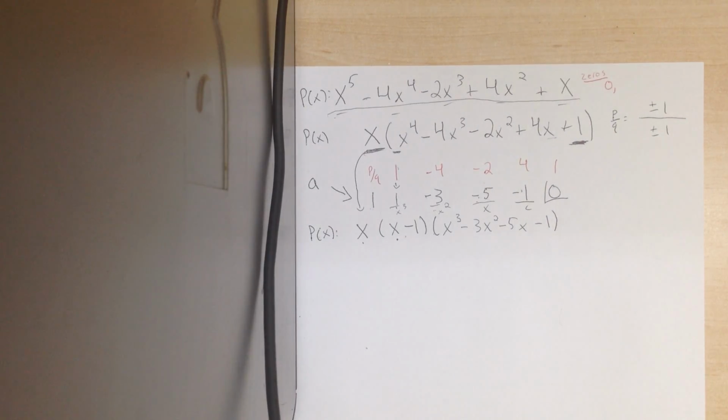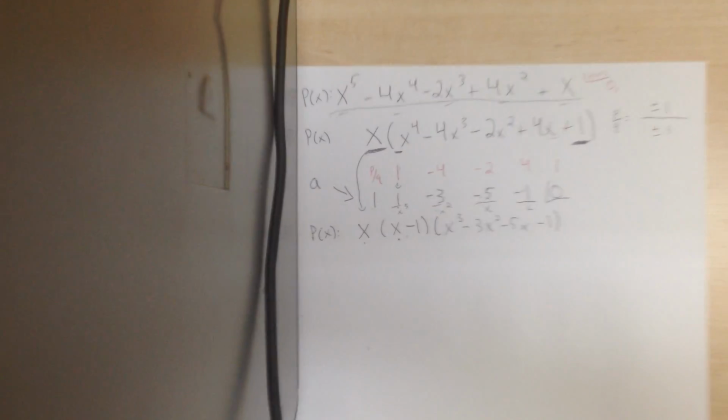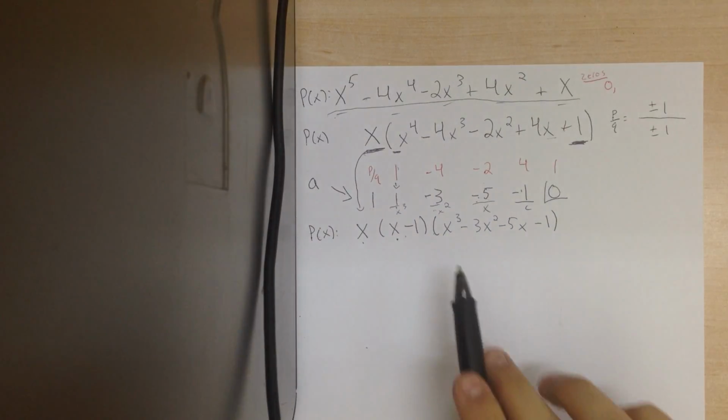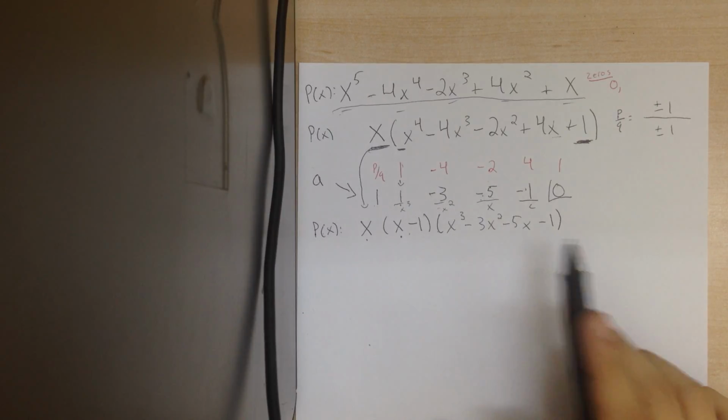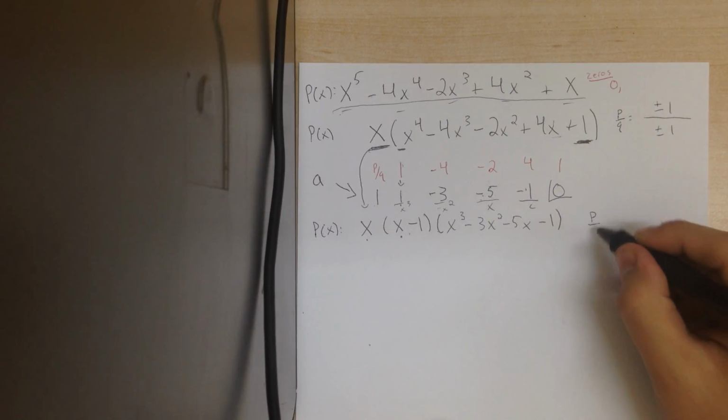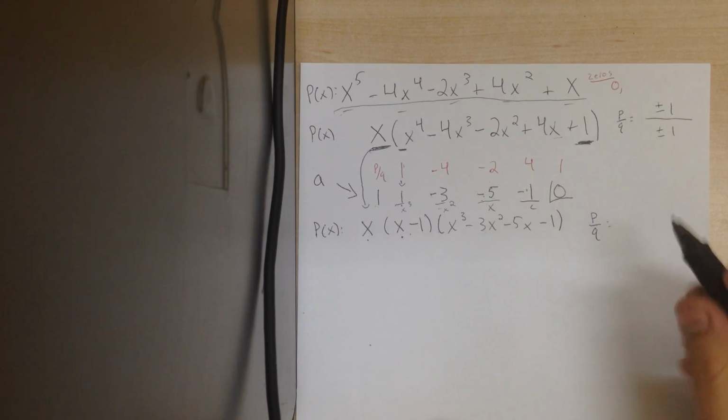So now I want to see if I can group this again. It's actually not going to work out really well trying to group this, so I'm probably going to test the rational root theorem again. So my p over q will be the same. My constant